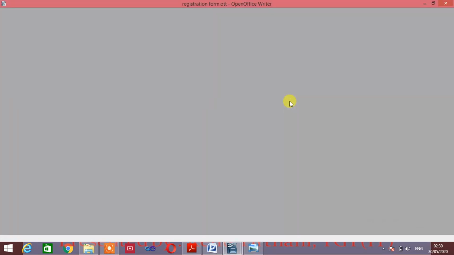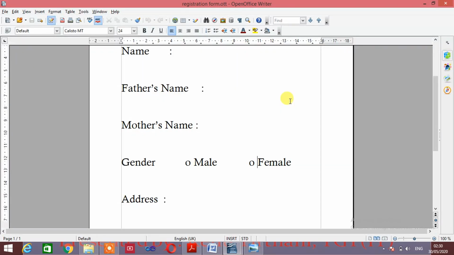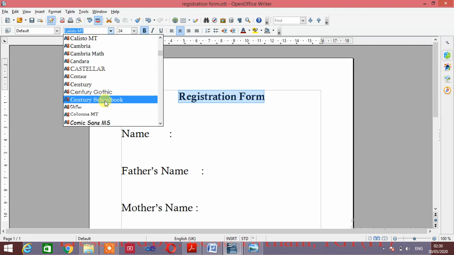Here you can see the Untitled file is not open. Registration Form OTT, it means the template is open. Now whatever changes you want to make in the particular template, you can make. Like I want to make it bold. I want to change the font type.